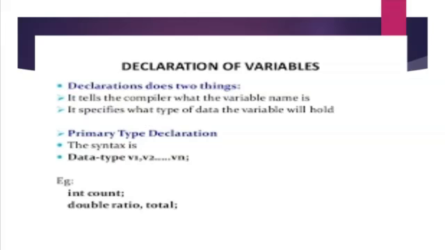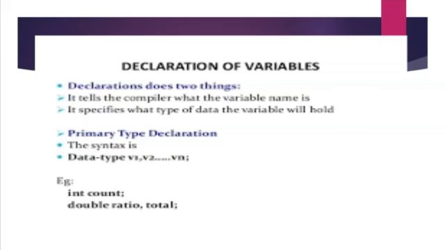Each variable must be declared before it is used in the program. The declaration consists of a data type followed by one or more variables and ends with a semicolon. The syntax for declaration of variables is: data type, variable name, semicolon. For example, the data type may be integer, float or character, whatever data type we have to mention, and then give the variable names A, comma, B, comma, C. The variables must be separated with commas. Then we mention a semicolon at the end of the declaration. So this is the declaration of variables.